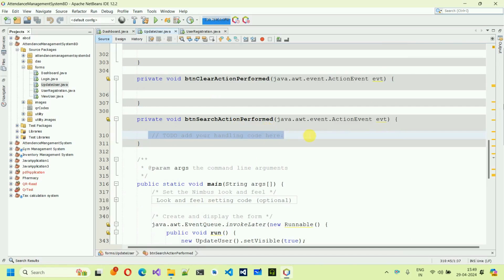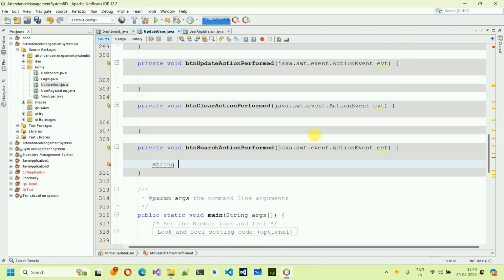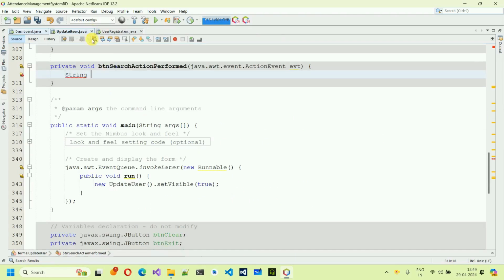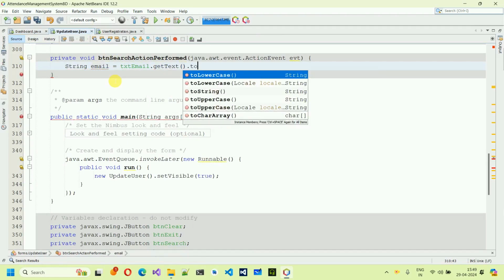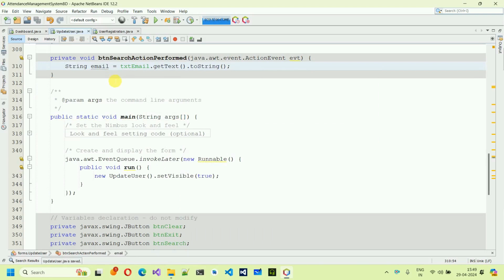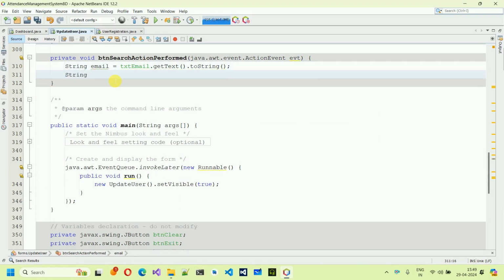Inside this one, the first thing we have to do is extract the email ID. So string, let me minimize this one. The string email is equal to txtEmail dot getText dot toString. After this, we will check whether that particular email is valid or not by using the regex. So string emailRegex, that is regular expression,